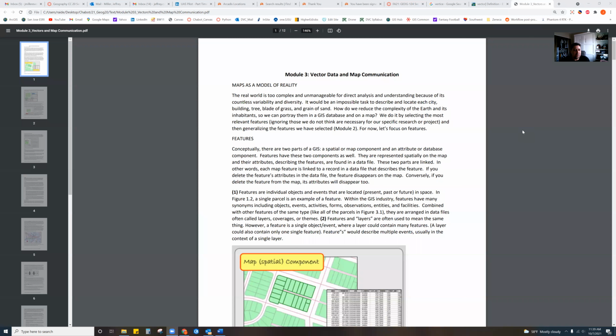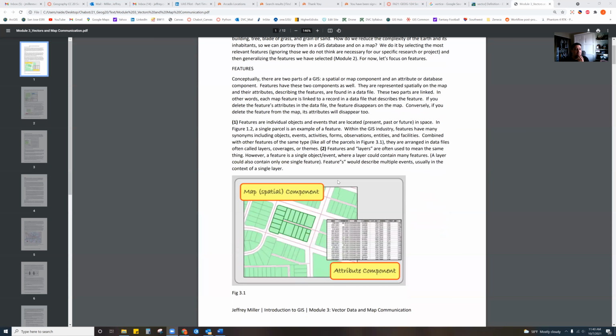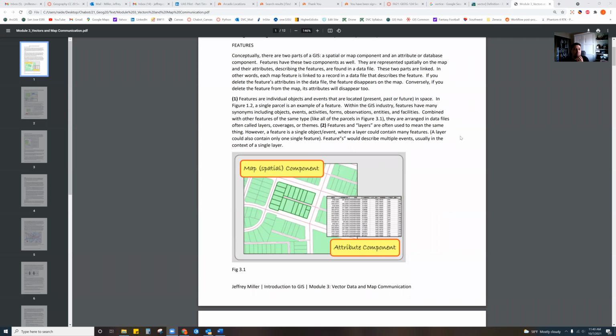Let's talk about, when we look at a map, what do we actually pick out? What are the things that stand out with the eyes? When you work in GIS, what is it that you're actually working with? These things that get put on your map. Well, we call those things features. So it's a general term for some type of, and this is a typo, this should be 3.1, some